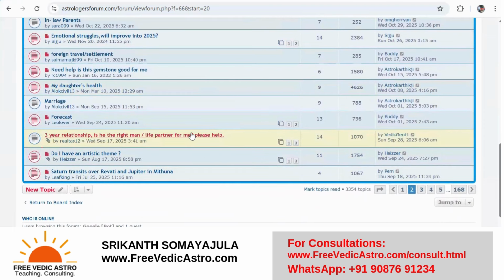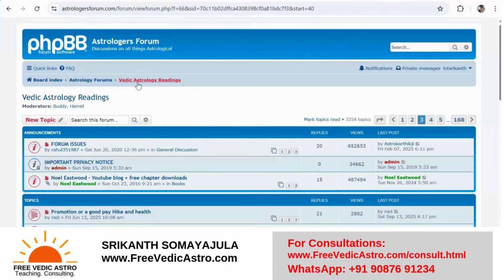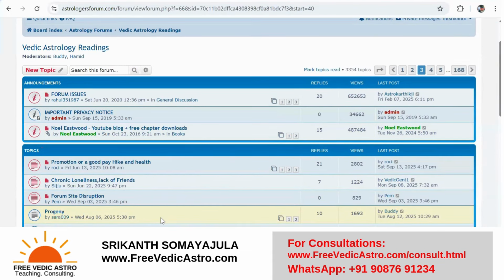And one more thing which I got to know when I got operated on: I am Uttarashada ascendant, and my teeth got broken. When I was operated on, what the doctors told me was my bones were softer and the tissues were harder. So it was the opposite of what is general in the mouth. That is also a second house thing, I think.